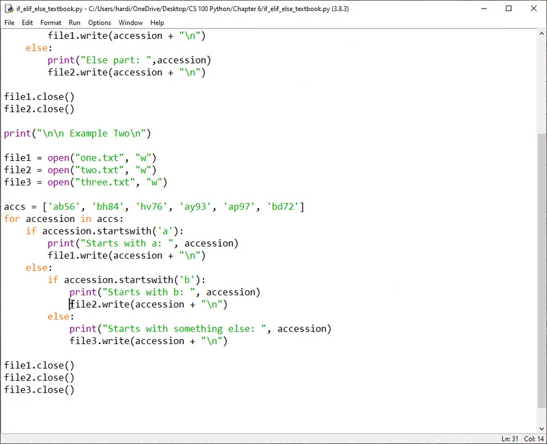If it starts with a B, it goes to file 2. All the others go to file number 3. So let's look at those outputs. So let's bring over